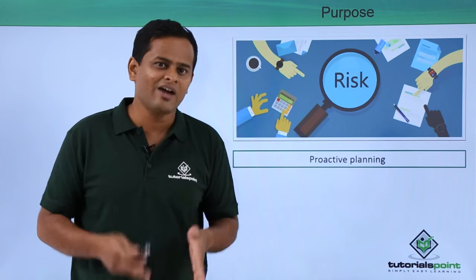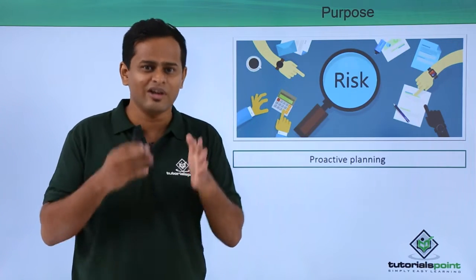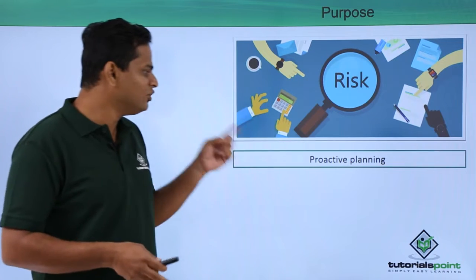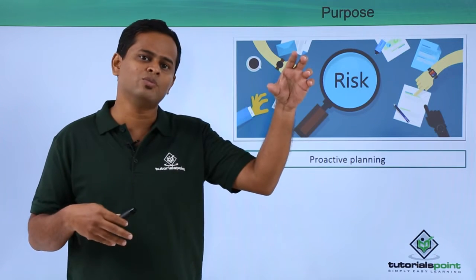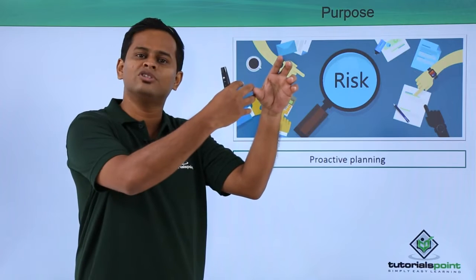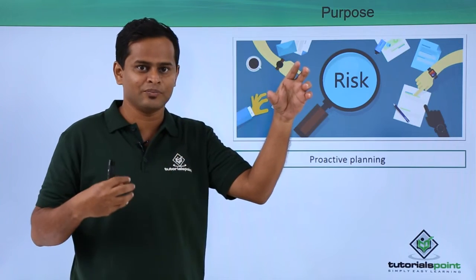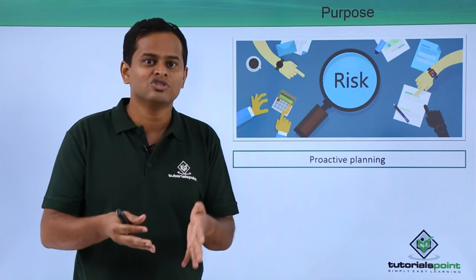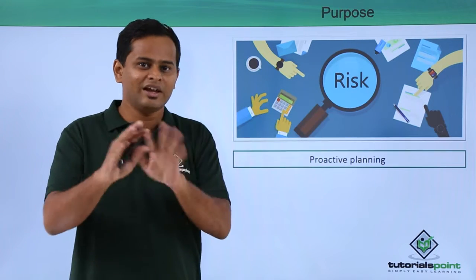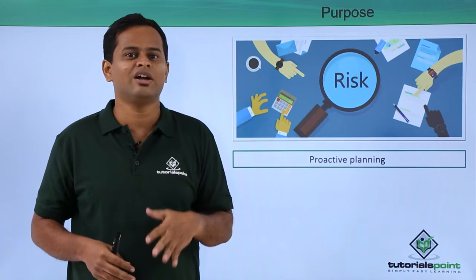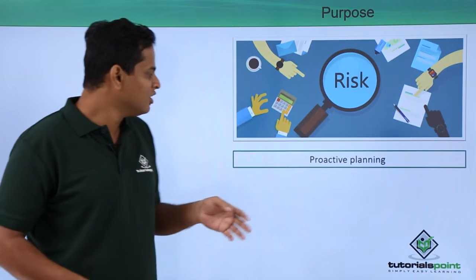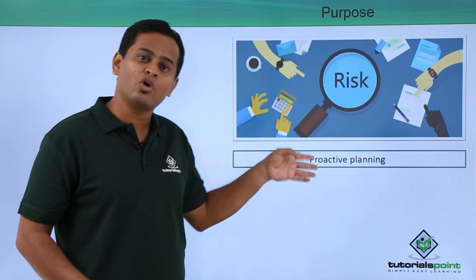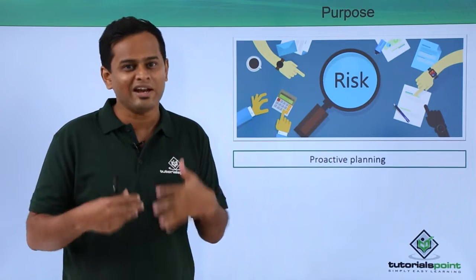We need to understand the purpose of that. Means why we are having the risk-based thinking, why we need to have that. Because when we know that we are having some kind of an objective, to achieve that particular objective, there may be certain risks. And we have to properly address and prepare for that, so that in the event of any kind of problems, we can easily manage that and achieve our objective. So it is very much required for the proactive planning and not as a reactive approach.